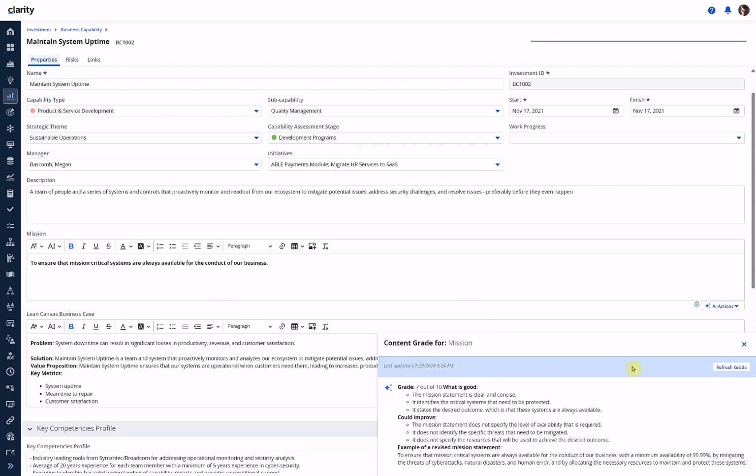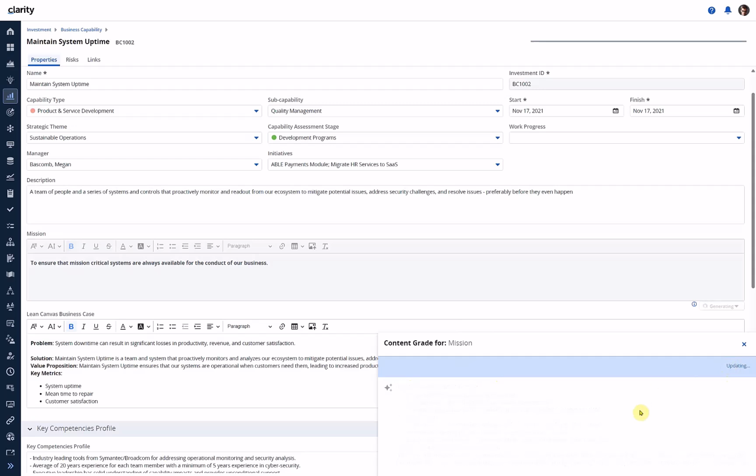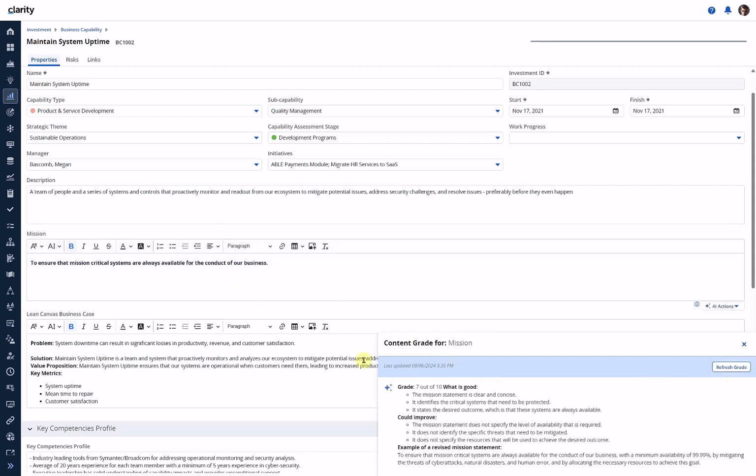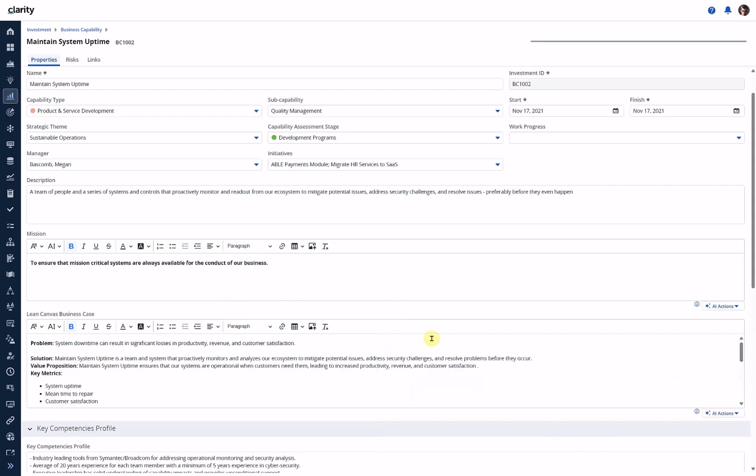Now, I've not made any change, but I'm just going to ask it to revise the grade. It'll again look at my content, and then it comes back and tells me you're still 7 out of 10. It did give me an updated date that it just did the revision. It tells me what is good, so at least there's some good in the content that I populated, and then it also gives me guidance on what specifically could be improved, and it gives me some examples on how I can improve it. I can close this and go back out,